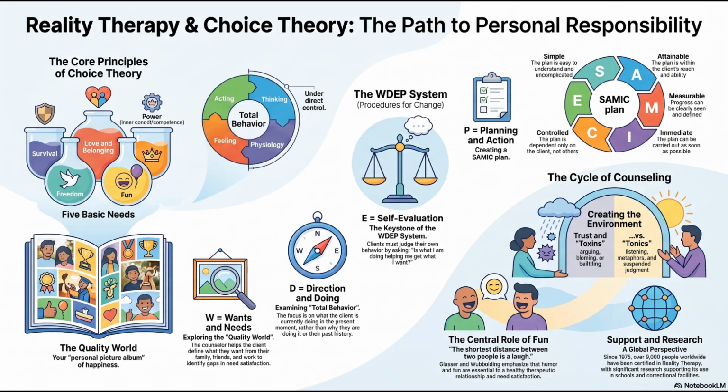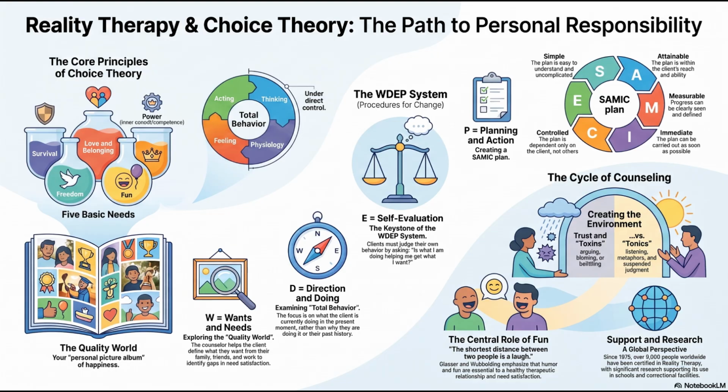Okay, let's walk through it. The W stands for wants. This is where the therapist explores the client's quality world, right? Like, what do you actually want from your job, from your spouse? Right. And surprisingly, defining the W is often the hardest part of the whole process. Really? Yeah. Most people walk into a therapist's office or just navigate their daily lives knowing exactly what they don't want. Oh, for sure. I hate my commute. I hate my boss. Exactly. But when you ask them to articulate a specific positive picture of what they do want, they just draw a blank. So clarifying that target is the mandatory first step.